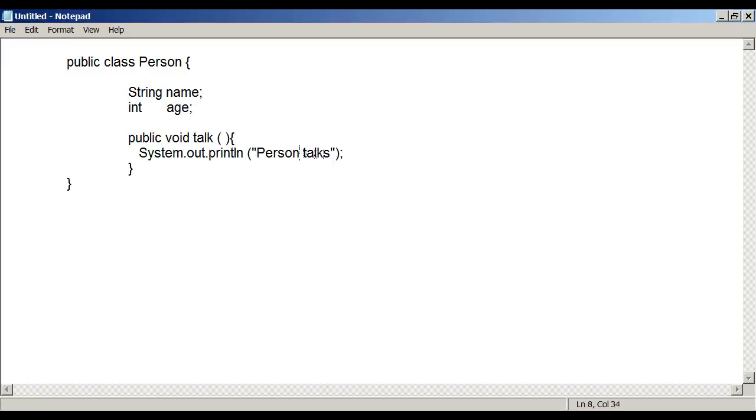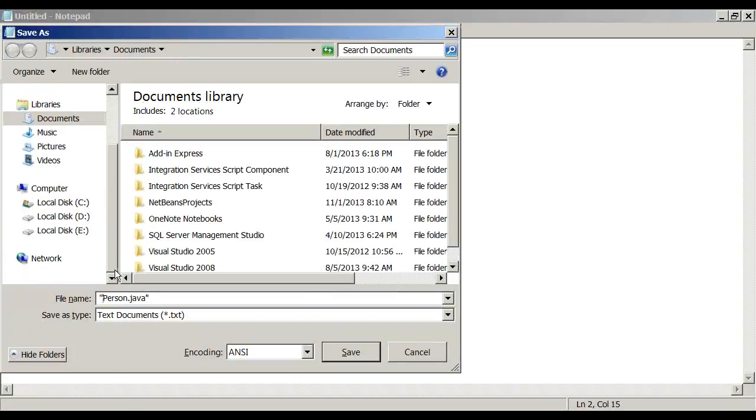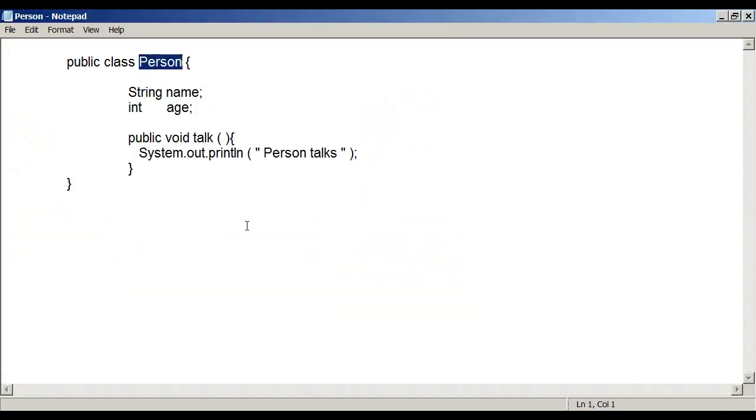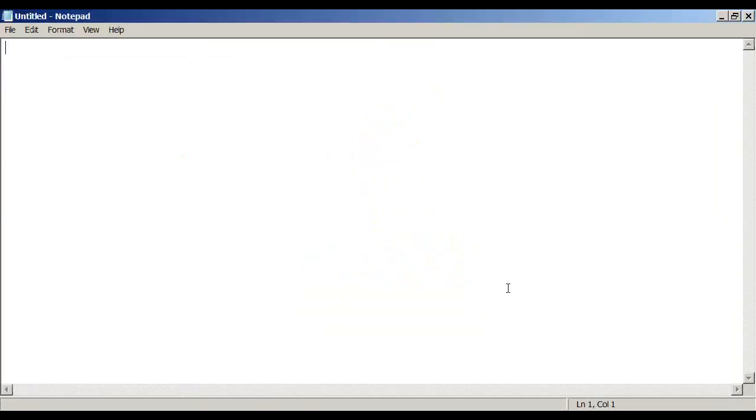Something, just don't see the implementation, try to understand the concept. So this is my class which has the generalized class, or we call it a superclass. Person.java, I'm going to save inside E online classes. Fine, right? So this is one class I have, and one more class,